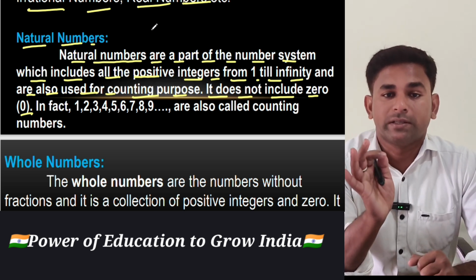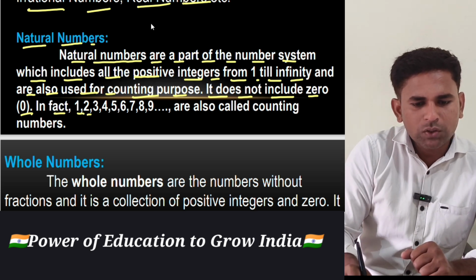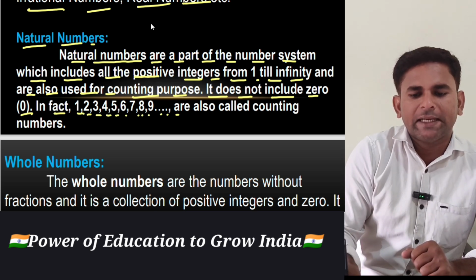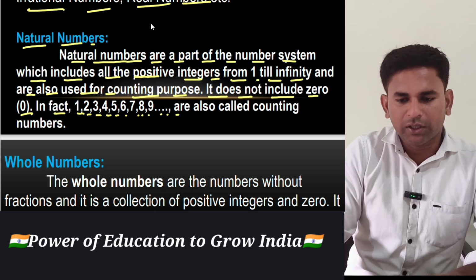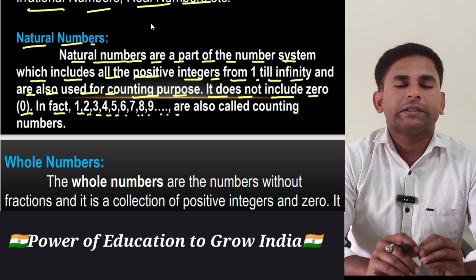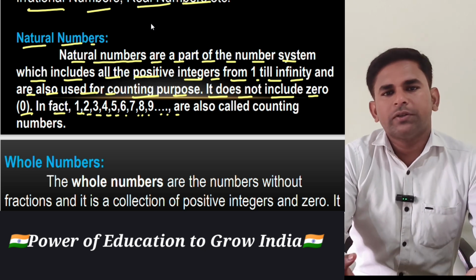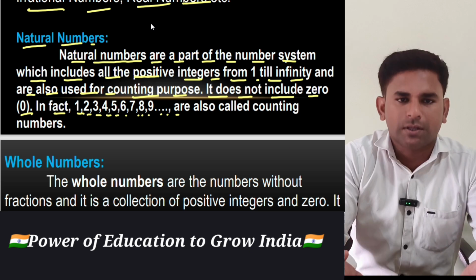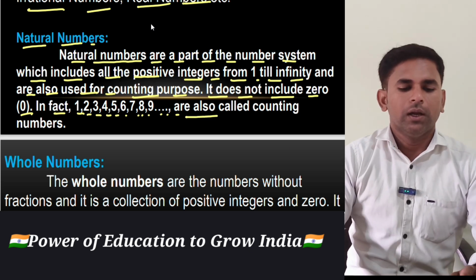Please try to understand. In fact, 1, 2, 3, 4, 5, 6, 7, 8 are also called counting numbers. So these are the counting numbers, and 0 is not included in natural numbers. It means natural numbers are the counting numbers. It is already written here, so don't be confused. Now next,